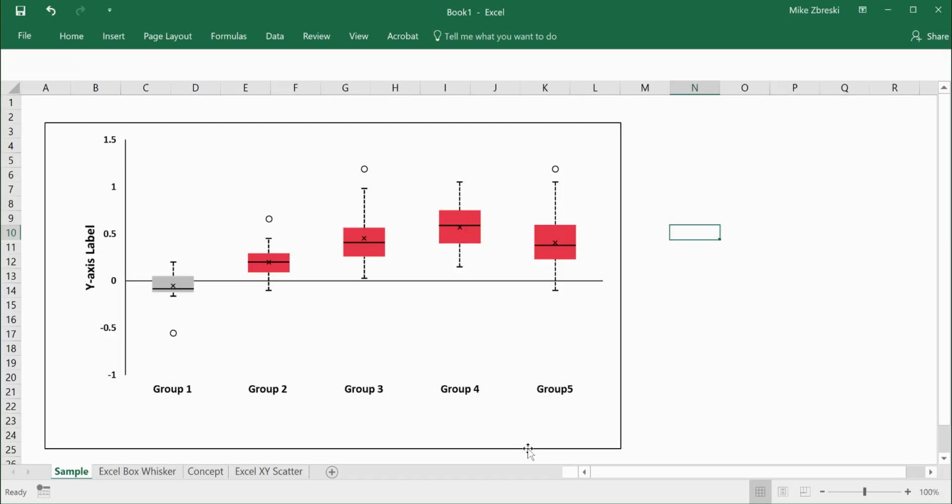Hello everyone. This is a tutorial video on how to generate a box and whisker plot as seen here on the screen. This is my first and only